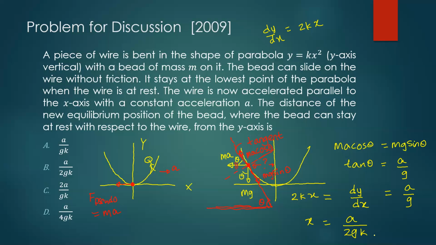So understand, wherever the bead is at rest, if you draw a tangent, you can literally visualize that tangent as an inclined plane. So the bead is almost on that inclined plane, and then you know what to do for inclined planes. If you take the forces along the tangent or the incline and balance them, then the bead will be at rest. So when you do that, you get ma cos theta equals mg sin theta, and then tan theta is a by g. You should quickly realize that tan theta is nothing but the slope of the tangent at that location. And then from there, if you take the derivative, you will get the x coordinate. You understand? The answer is this.